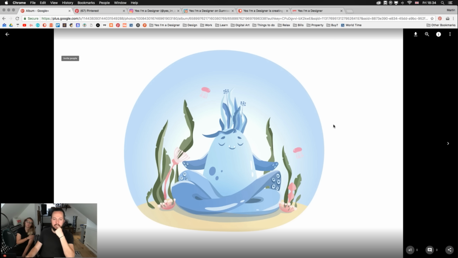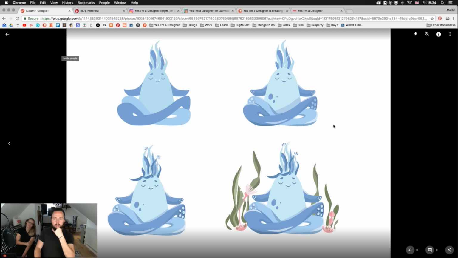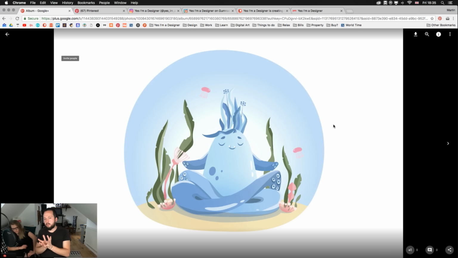This is such a nice illustration, and Irina actually shared the process as well, the details from the monster to all the environment and the little details that are coming out. So in general, even the composition in this bubble or water tank is working really nicely as a container. So we definitely think this is probably the most professional and exciting.